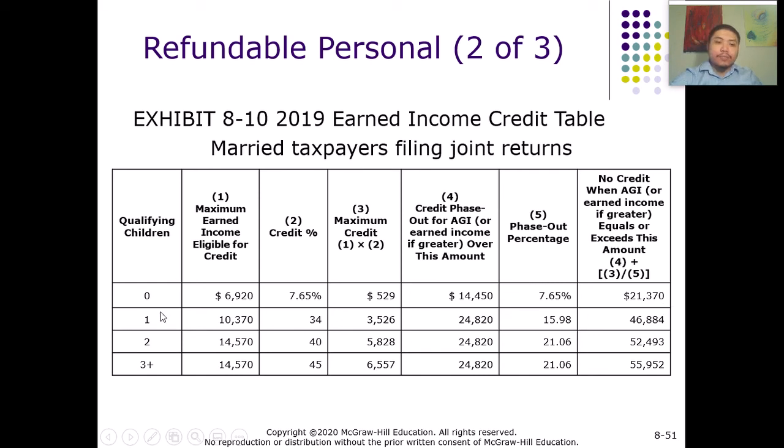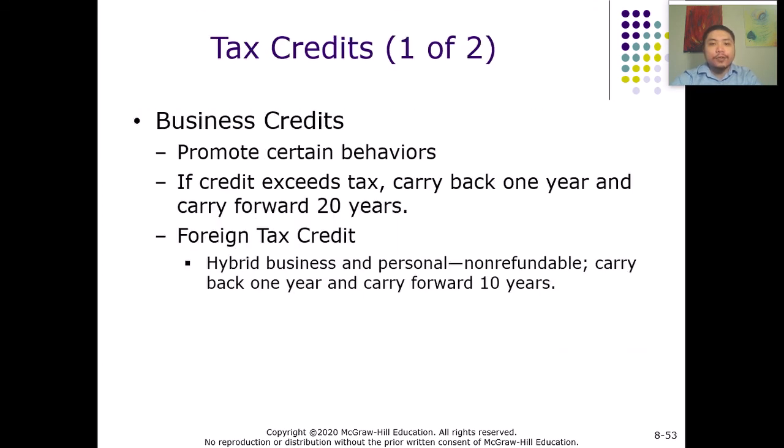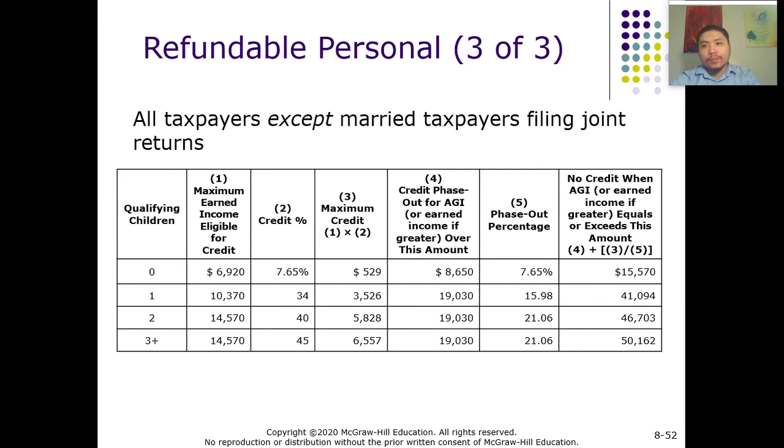So as you can see, based on the number of qualifying children that the taxpayer has, and also based on the level of income, the phase-out threshold can be increased, right? So again, it's designed to help taxpayers support their life and their dependents' life, right? So I just want to introduce you to this tax credit program. I'm not going to go any deeper. Just want to give you a brief introduction about this program.